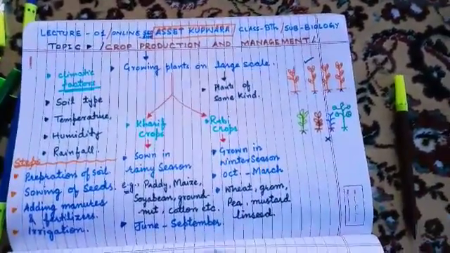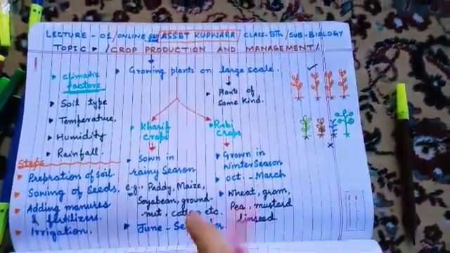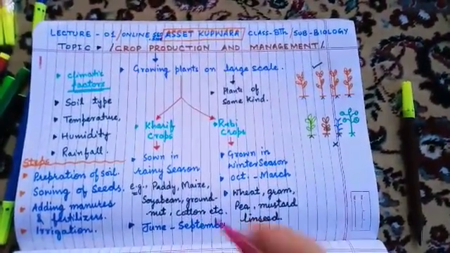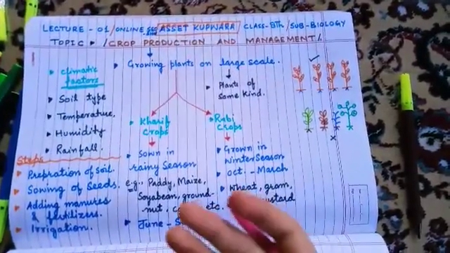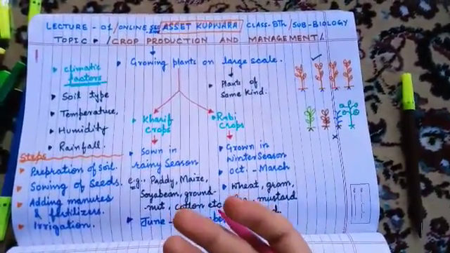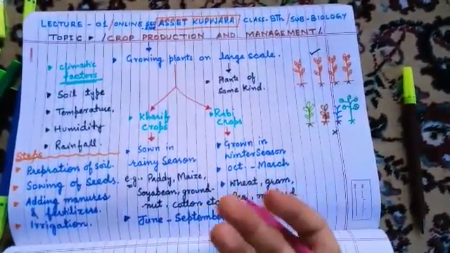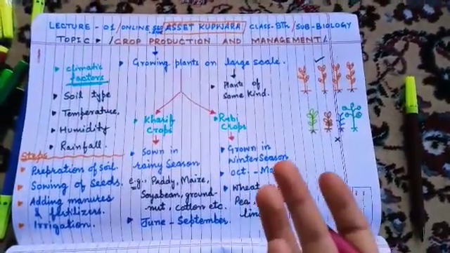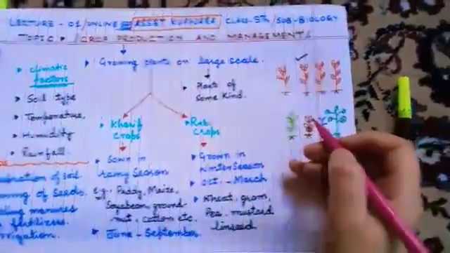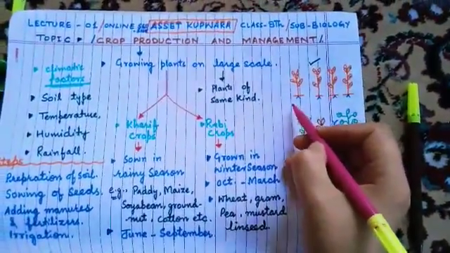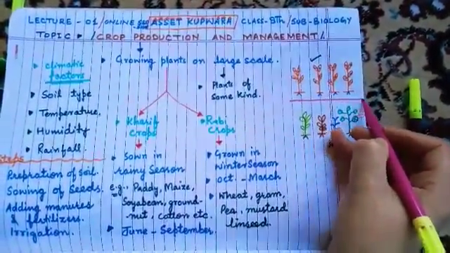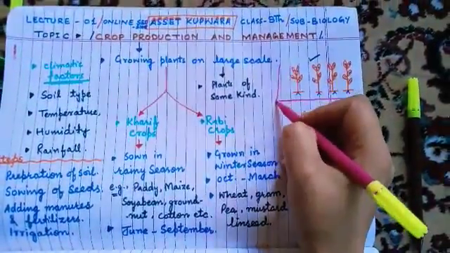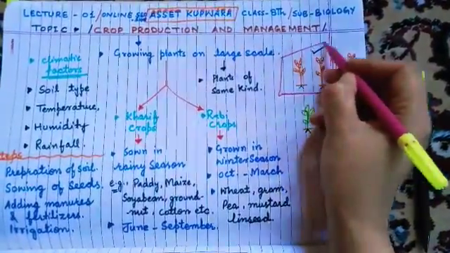First, you will remember what crops actually are. A crop is when we grow plants on a large scale. What does this mean, growing plants on a large scale? What does it mean actually? For example, here is a field. This is a patch of land. We have grown here crops of same type,